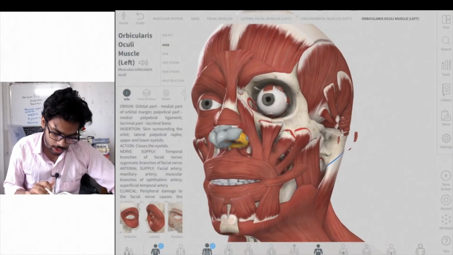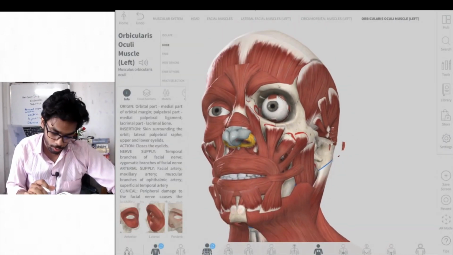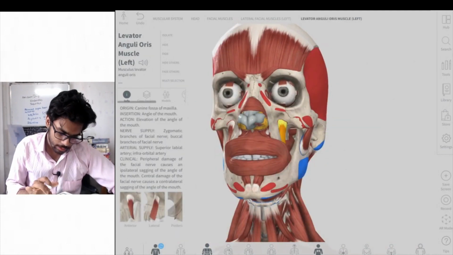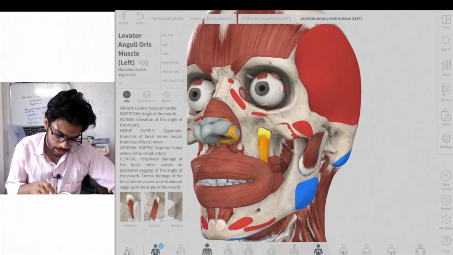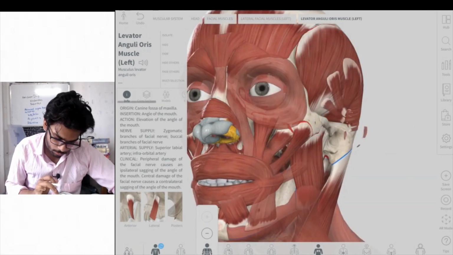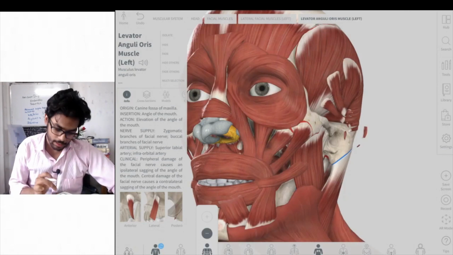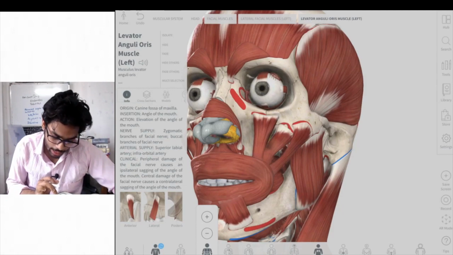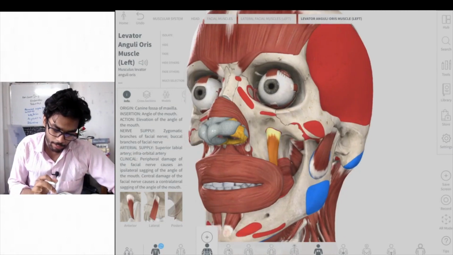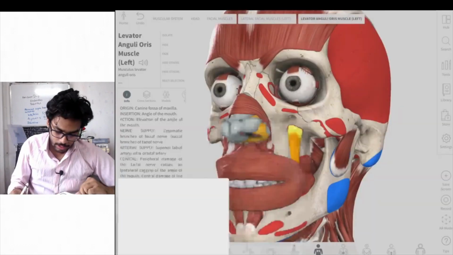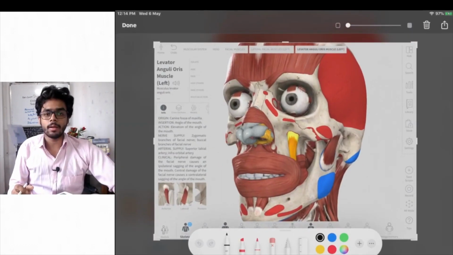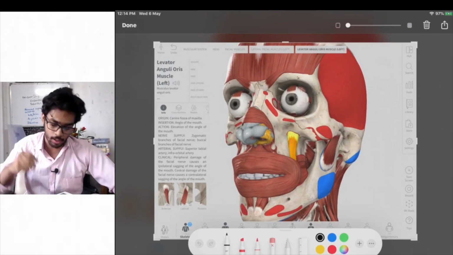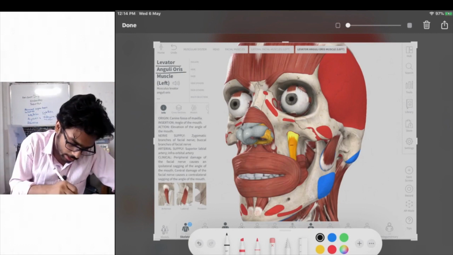Now we will study the muscle levator anguli oris. Let me remove some layers of muscle so that I can expose that muscle. Can you see this muscle, the muscle which is colored in yellow? What I did, I removed the layer. This is the topmost layer of the muscle. I removed the first layer, then we got the second layer. Then we went deeper inside these muscles. We removed one more layer and we got this layer. Now the name of this muscle is levator anguli oris. This is also a levator. It is elevating but at an angle. Can you see this part? This muscle is the levator anguli oris muscle.